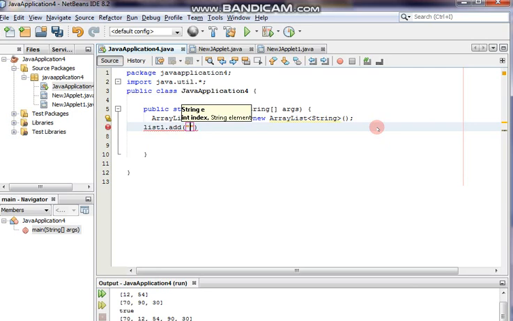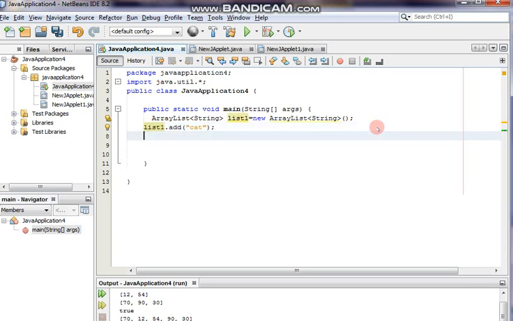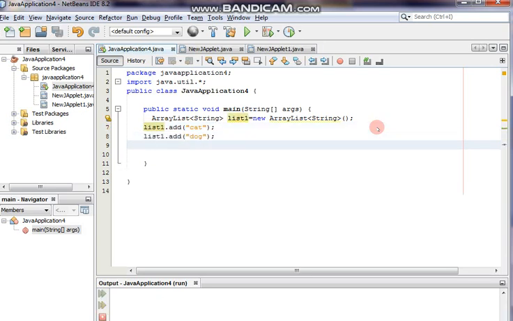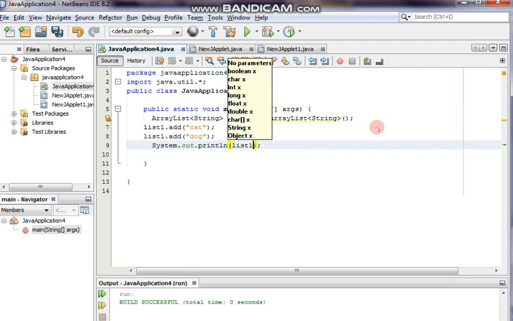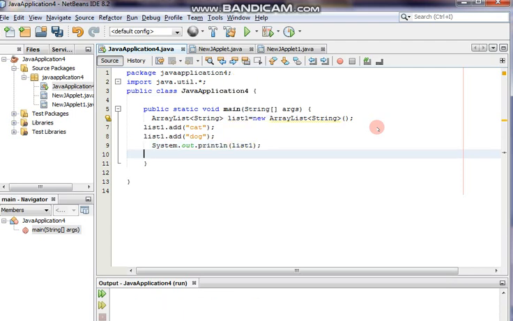You can write here whatever you wish to write. Suppose let's write cat. Fine. Copying, pasting, adding one more. So this is how the string can be done. So System.out.println, I forgot to write println, and list1. Okay, so check, it is printing.